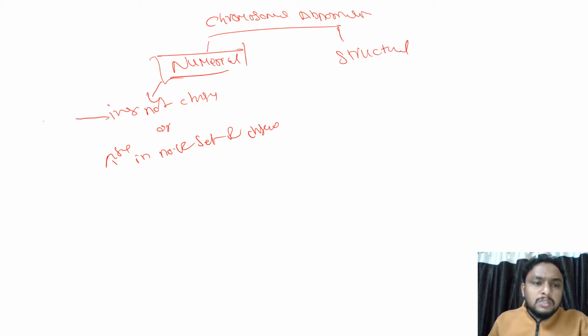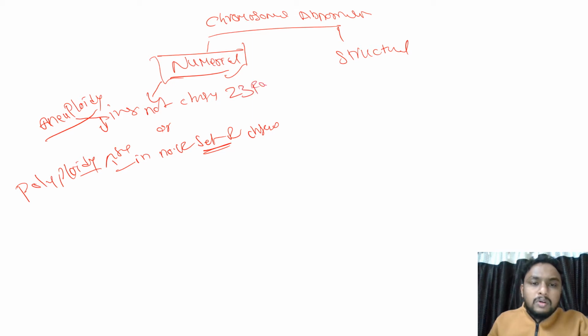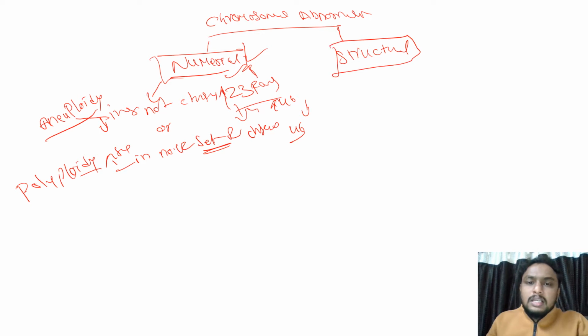Increase in the number of chromosomes is called aneuploidy. Increasing or decreasing the number of chromosomes by one or two, you will say aneuploidy. This is called polyploidy, which means an increase or decrease in the sets of chromosomes. That is about numerical abnormality. If instead of 23 pairs, it is more than 23 pairs or less than 23 pairs, meaning more than 46 or less than 46, there is an abnormality in number. Today we are going to see the structural abnormalities.